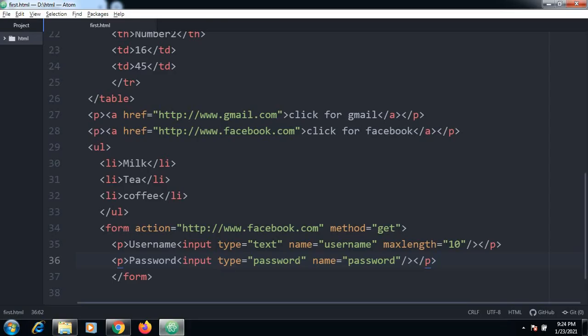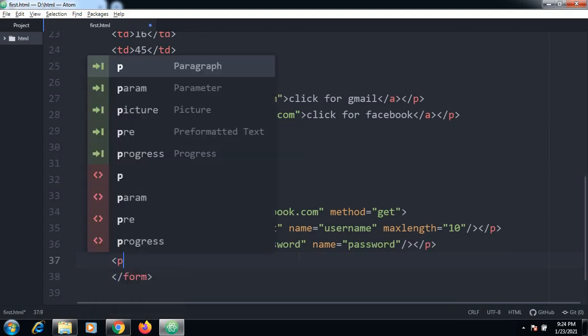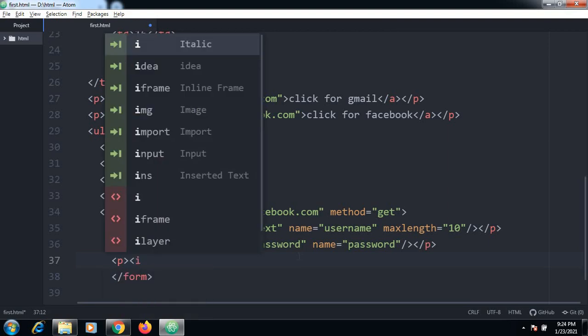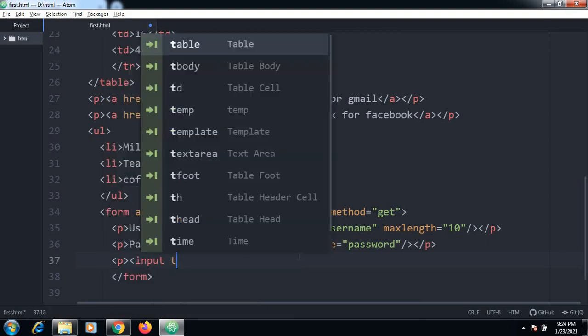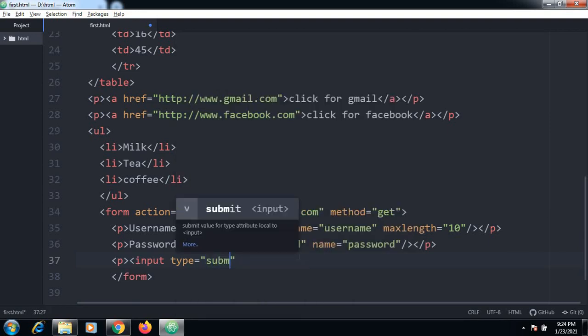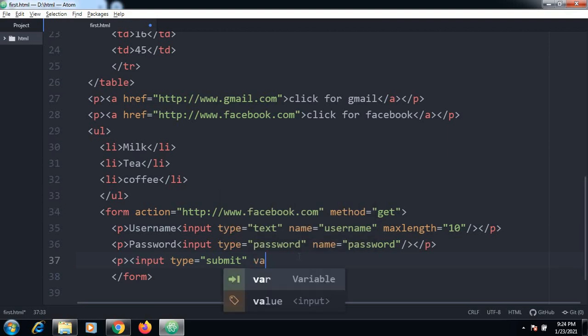So again we can have a submit button here. So how to create the submit button? I can make the input type a submit. So we have an input type as submit over here. So name is equal to, or we can have a value for submit. We have a value here. So submit and slash, end of this thing.